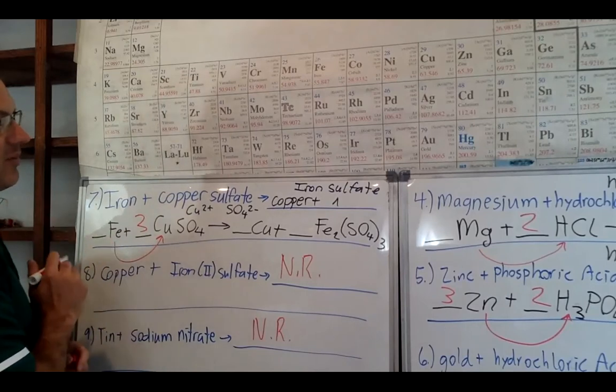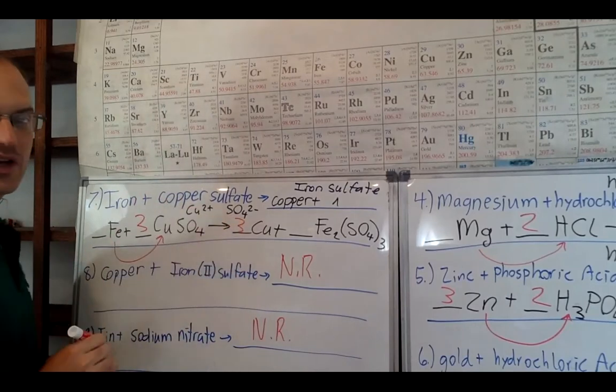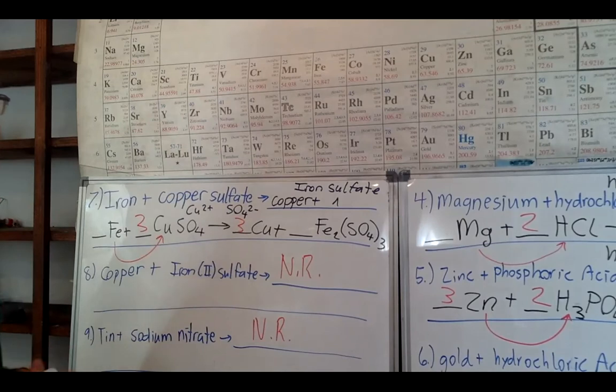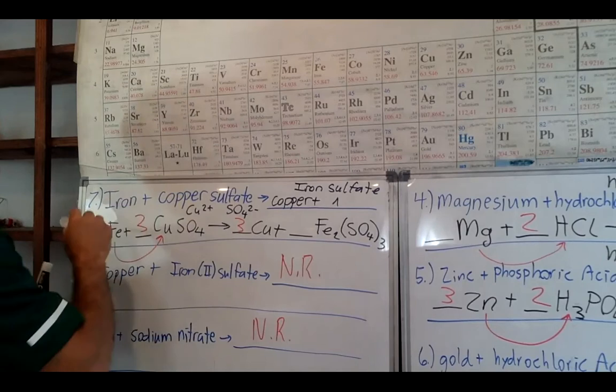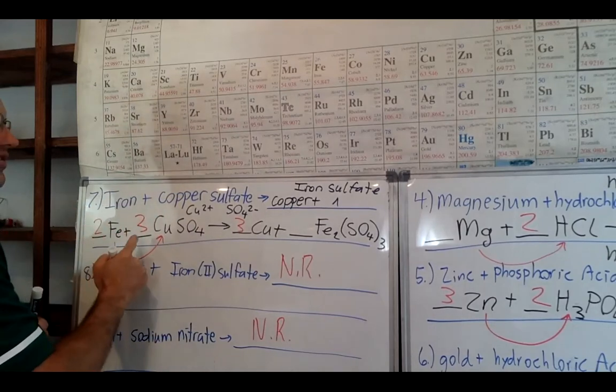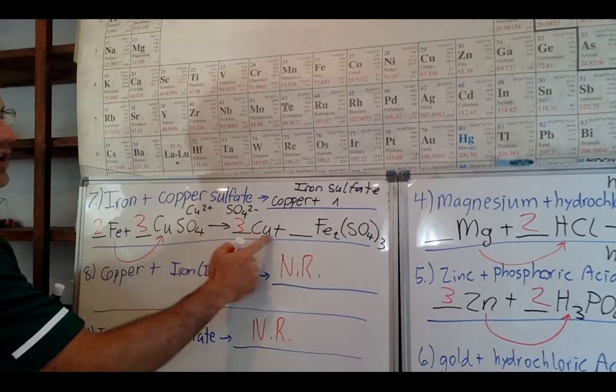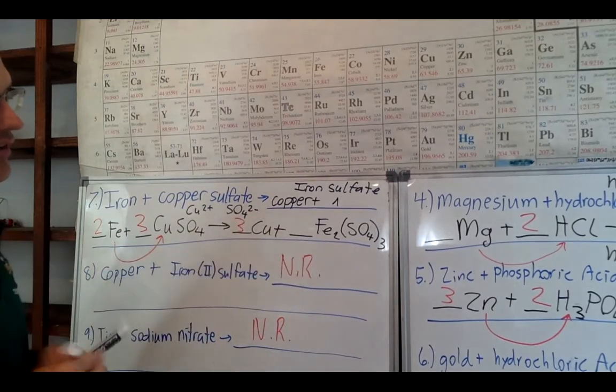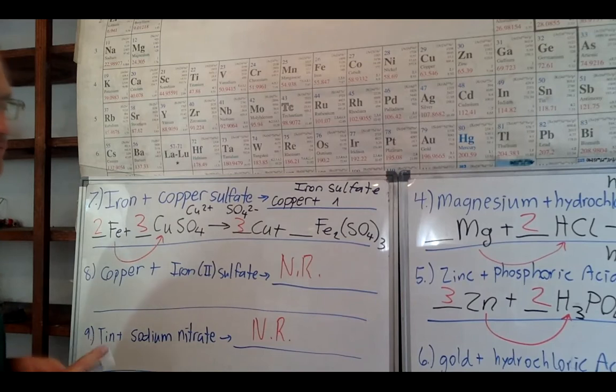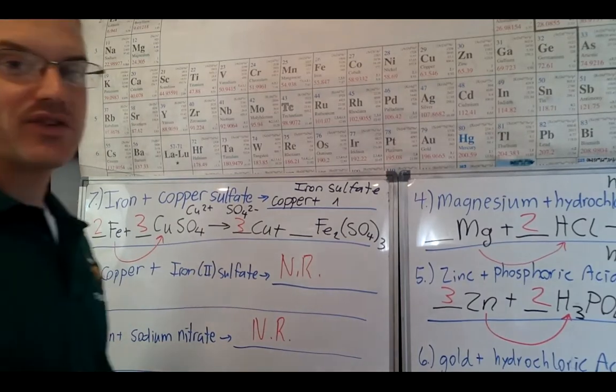That gets 3 coppers for us, so you have to balance with 3 coppers on this side. So you end up with a 2, whoops, I almost forgot the 2 on the iron. So you have 2 Fe, 3 CuSO4, making 3 Cu and 1 Fe2(SO4)3. Okay, so that's